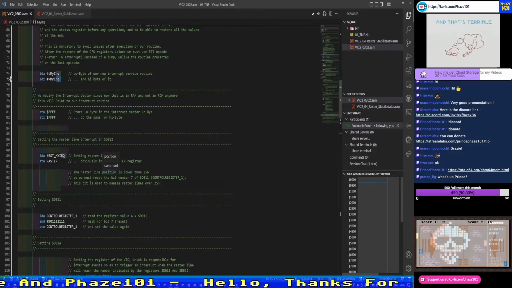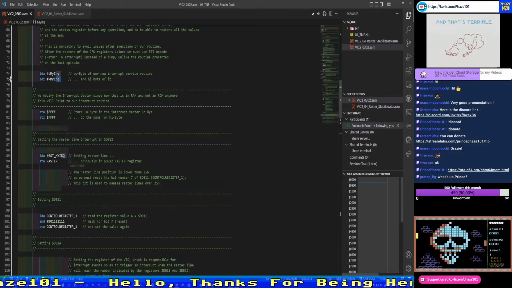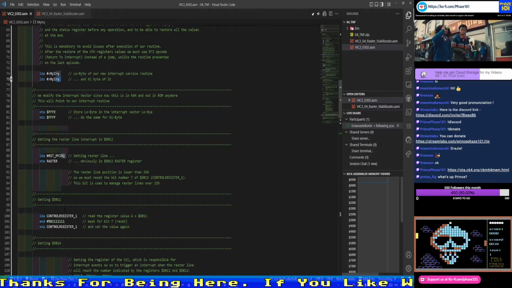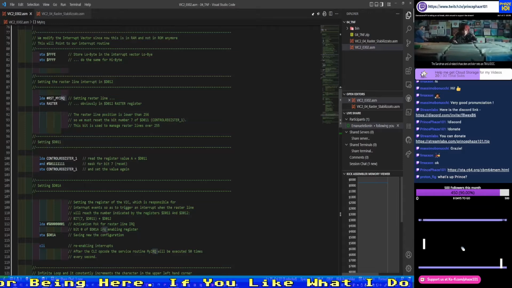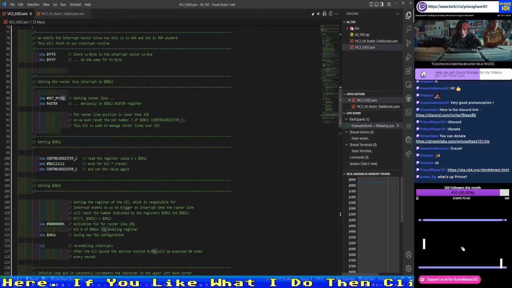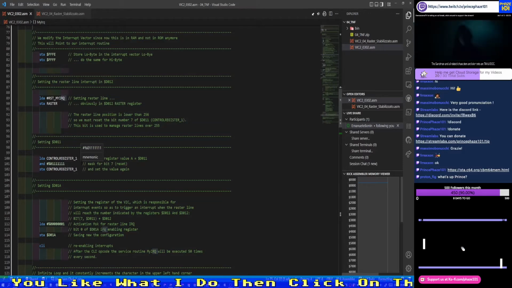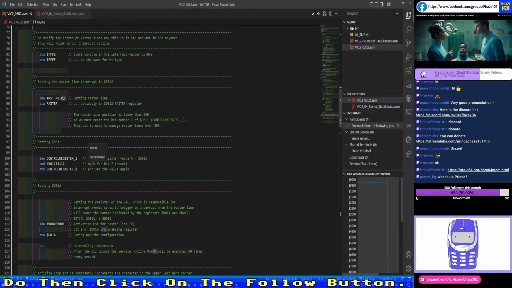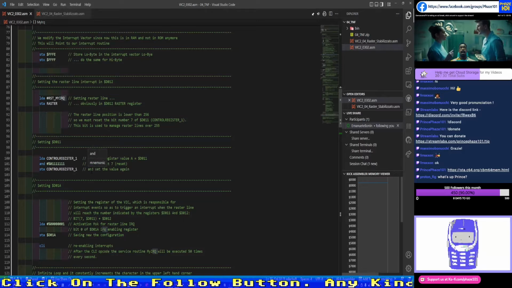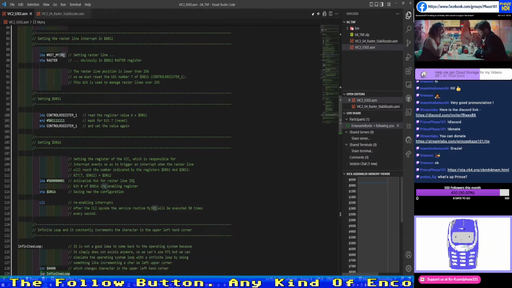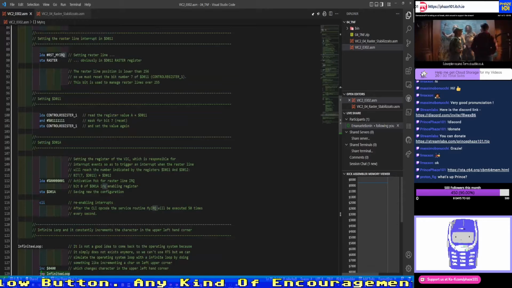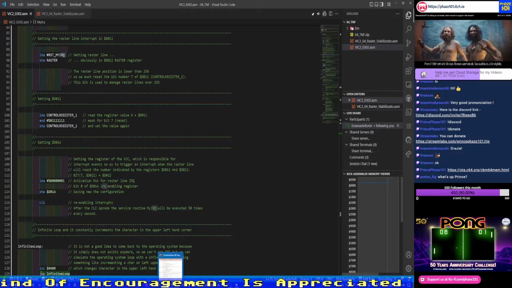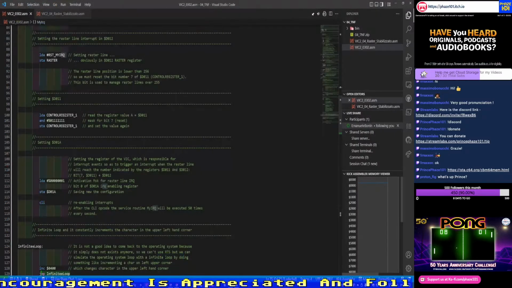We set the raster line where the interrupt needs to happen, basically, and we make sure that the high bit, bit 8 of the raster line, is 0. Then we enabled, basically we told it we need to start interrupting, we want our interrupt, and for that